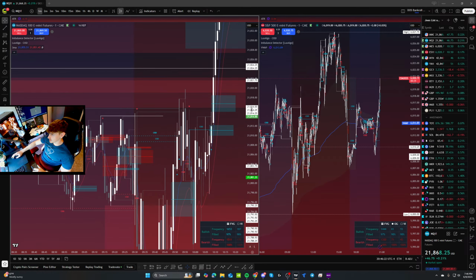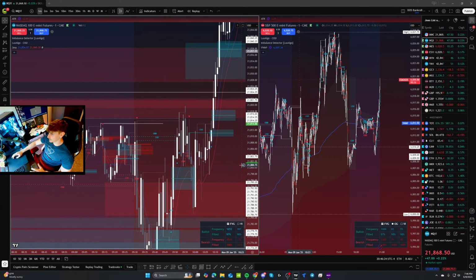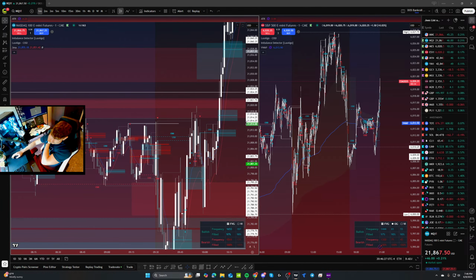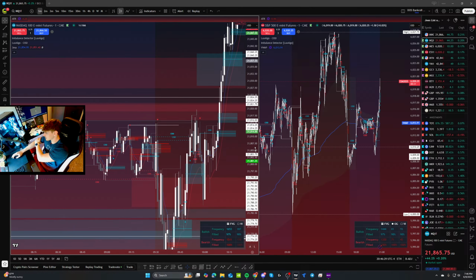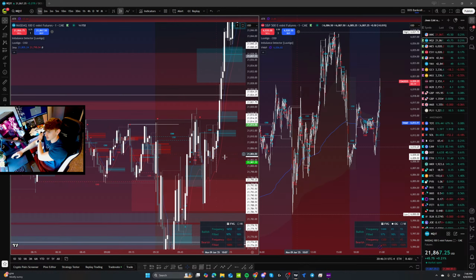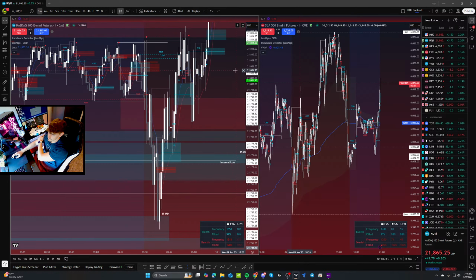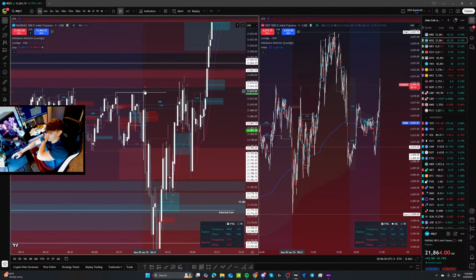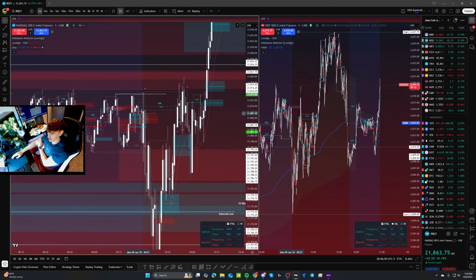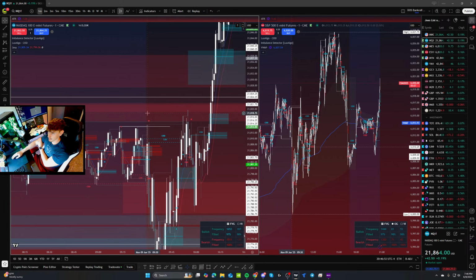Whenever you see a wick like this, manipulation is most often going to be a wick. So a liquidity sweep most likely is going to be a wick. It can be candles too. It's going to depend on the time frame, but it's probably going to be a wick or two candles, like a bearish or bullish engulfing. Like this would look like a sweep. This isn't one, but that is kind of what it might look like, if you have something like this and then an instant buy up. In this case, maybe the candle comes up and then it closes in an instant bearish candle that just floods.